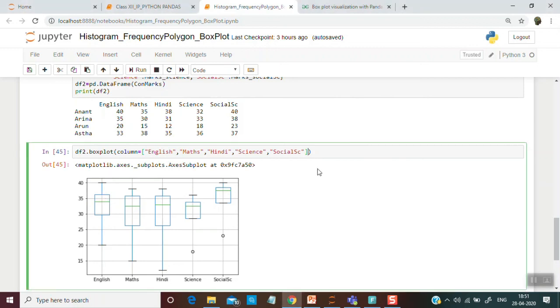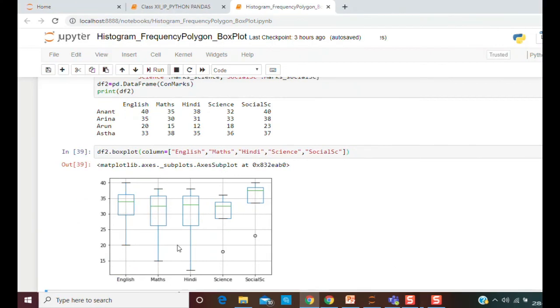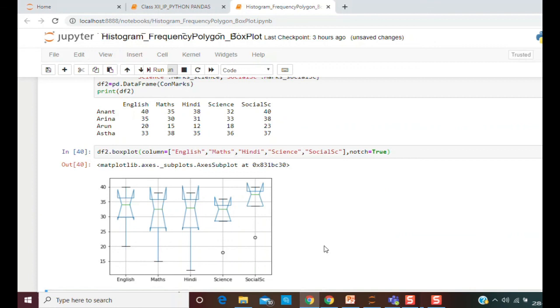If we write showmeans, you can also see the mean, and this green triangle is the mean. Now there are different variations on it. If I write notch equals true and run this code, you can see what kind of diagram we have got.